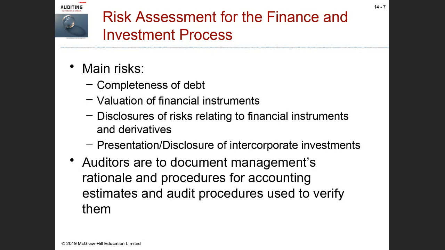The types of things we'd be talking about there might be, for example, an accrued warranty payable. So if a company sells a product and issues a warranty, how do we estimate the future costs of the warranties that we're going to have to pay for? That could be a significant challenge. If we think about all the automotive companies, when they sell cars, they issue warranties on their product, usually on engines and transmissions, and they know that some of those are going to have to be repaired. So how do they estimate what the costs of doing those repairs are? It's not necessarily an easy thing to do.